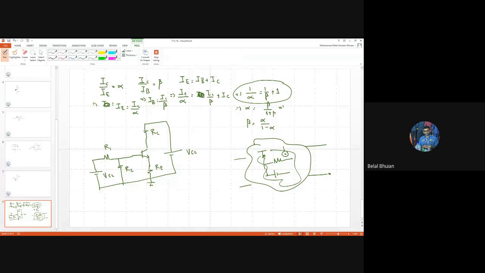replace the whole thing with a DC voltage source and a resistor in series. That's it. Everything can be lumped into a DC voltage source and a resistor in series, where the DC voltage is the open circuit voltage. So let's say this is our VOC,